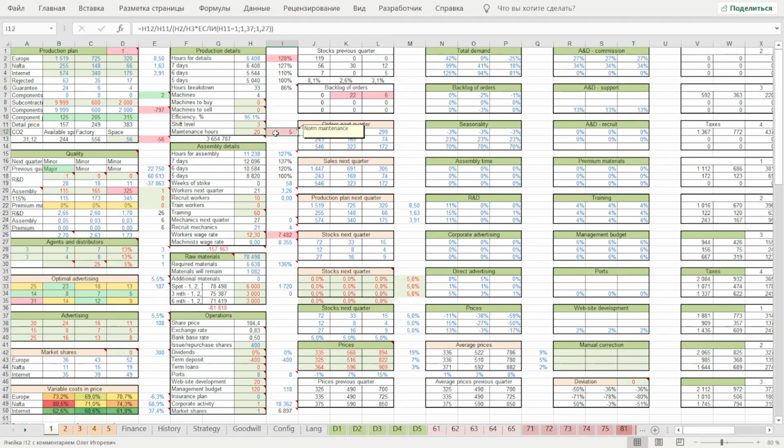The third, the current salary for one assembly worker is calculated in cell I26. If the value is less than the salary for one machinist in cell I27, then the value will be highlighted in red and you will pay extra money to workers because their salary cannot be lower than the machinist's salary. Thank you very much.